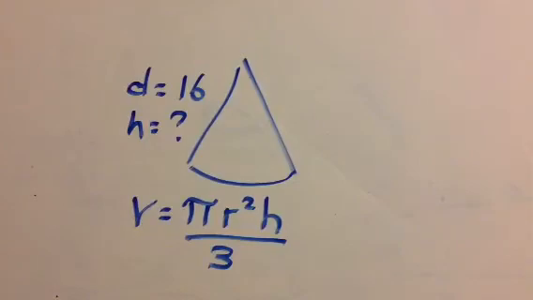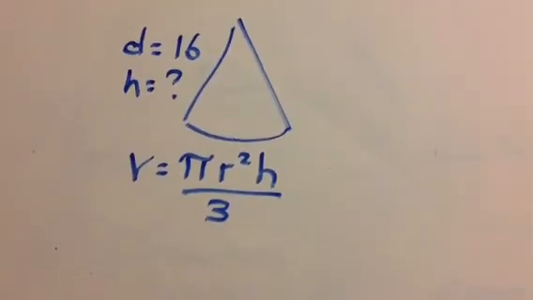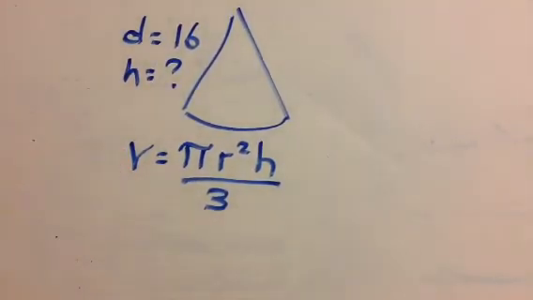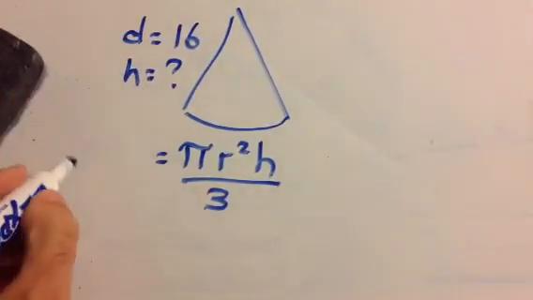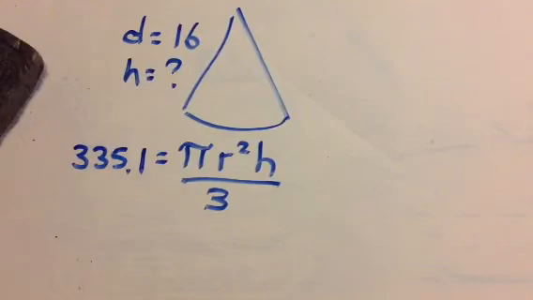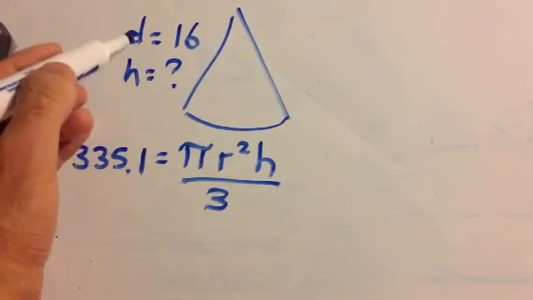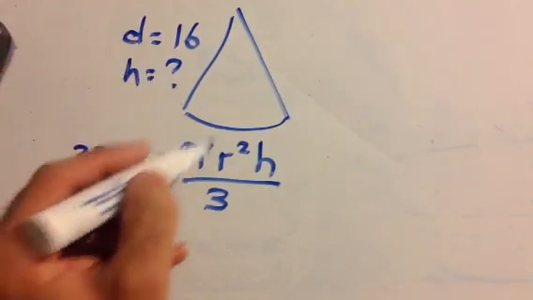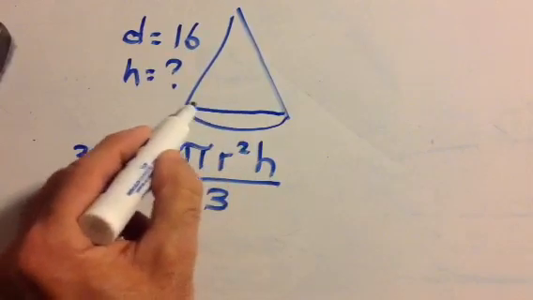You can't solve this without the volume. So let's say the volume now is 335.1. What else is missing? We're missing the radius. We know the diameter, right? So the diameter is this whole thing here in